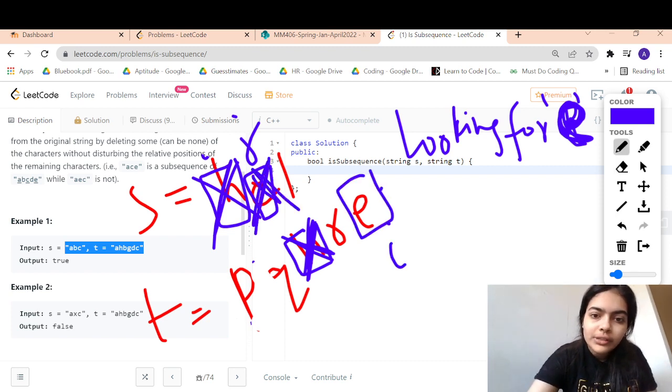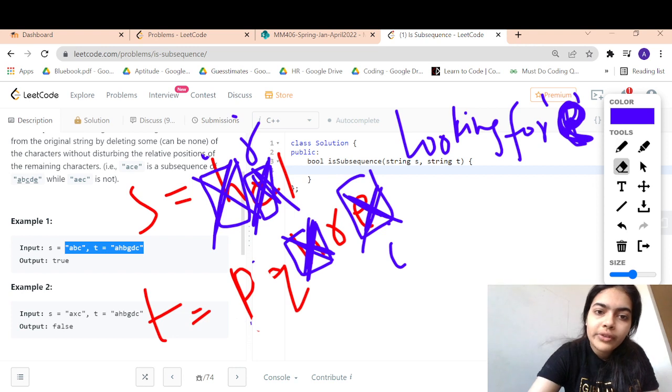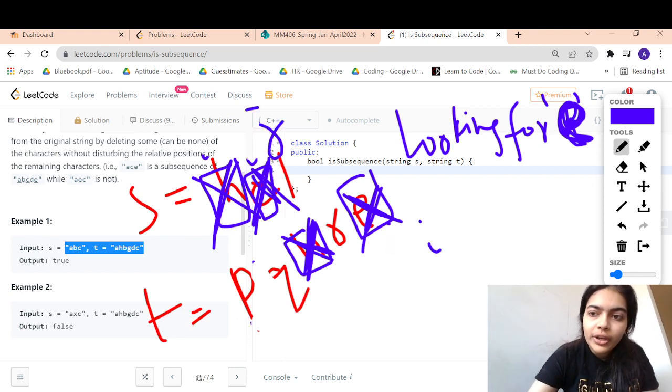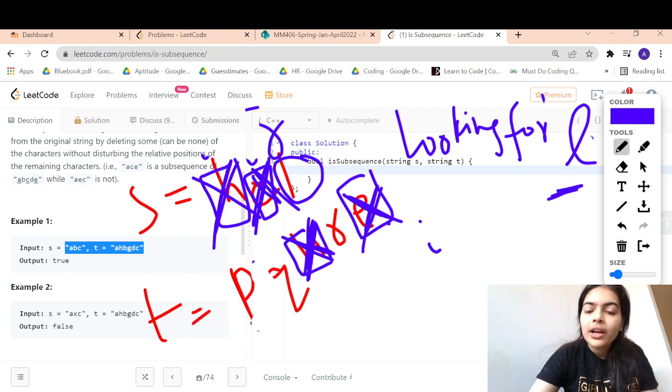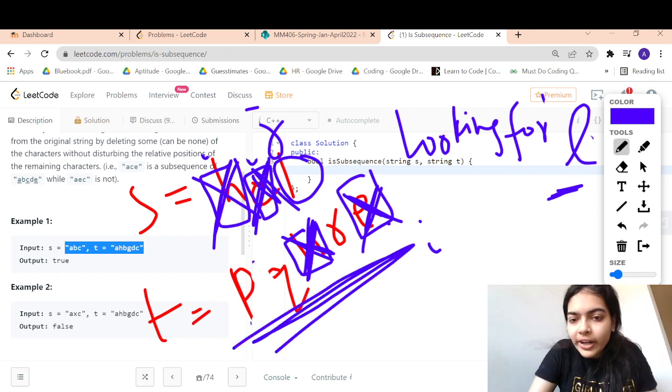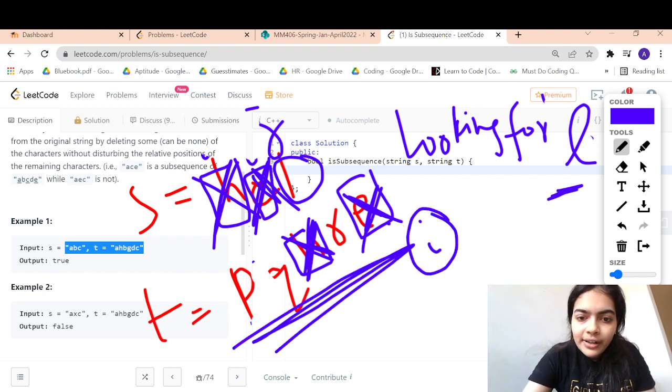So now we will move forward both I and J pointers. Now what are we looking for? We are looking for L. We are looking for the character L, but what happened? The string T has got exhausted, I has come to the end. That means we can no more search for characters because we have exhausted all the characters.